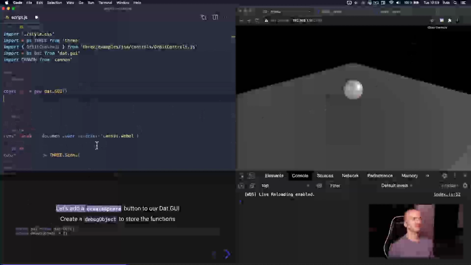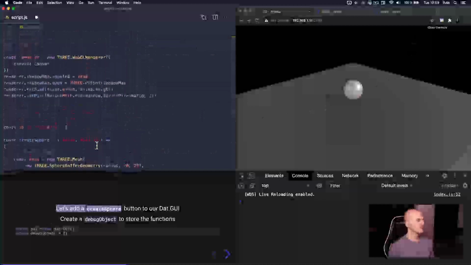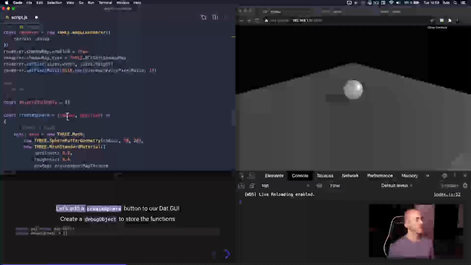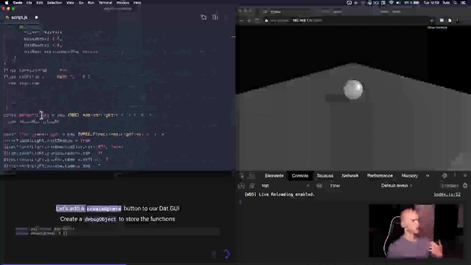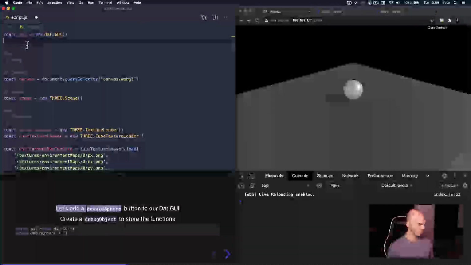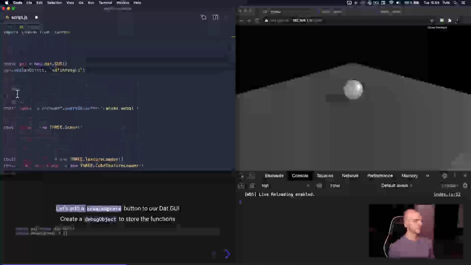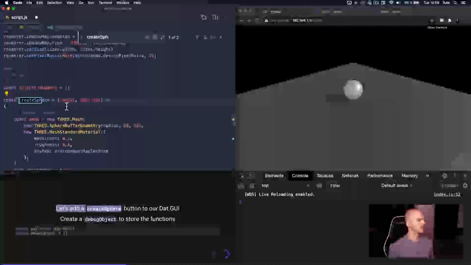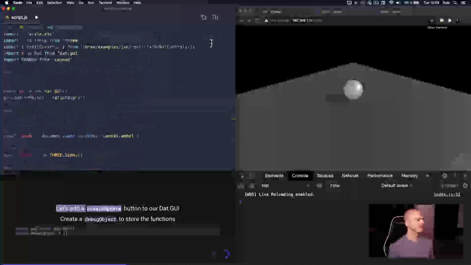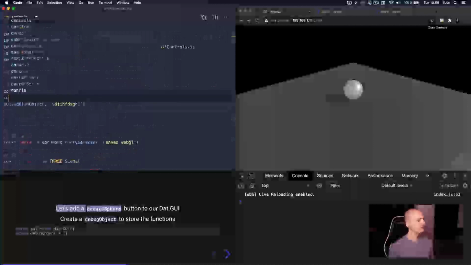Because we want to call the createSphere function, we have to provide parameters, and this createSphere is not inside an object. If you remember from the debug, when you use gui.add, you have to provide an object and the property name. It can be a function, and this will create a button inside the tweaks, like this. The problem is that createSphere is not inside an object. So we are going to use the same technique as we did for the colors. We are going to create a debugObject